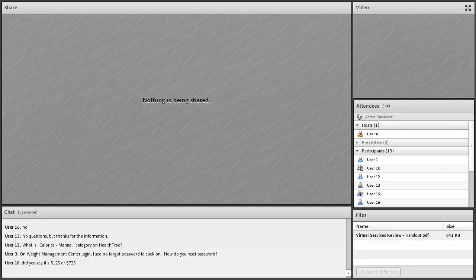There's a nice way to set that up to make it very efficient for reporting. At the end of the day, they can look in MyFitnessPal, see how many calories they consumed, and then report that into Health Trac. That way, when we as providers log in to Health Trac, we can see your weight, your activity, and also your calories, which you're technically tracking in a different system, but we can see the big picture in Health Trac.